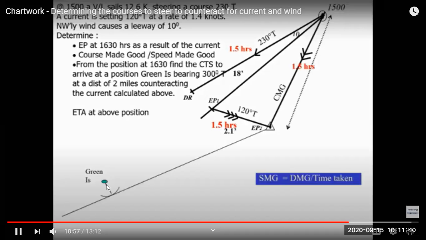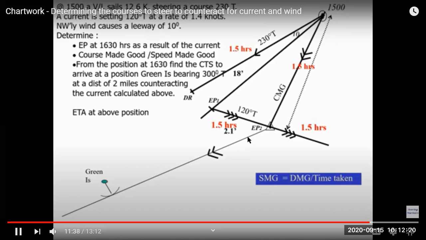So let's see, Green Island, we have to pass 2 nautical miles at 300 bearing. So this is our ship position and the bearing will be 300. Don't make the opposite bearing. 300 is from the ship. So from the ship we will draw bearing 300 for 2 miles. And then we have to pass 2 miles off, so we just mark a tangent. When you mark this tangent, this is your course made good. Why is this course made good? Because the ship has to move in this line. If the ship does not move in this line, it will go towards the island. So this is your course made good on which the ship has to move.